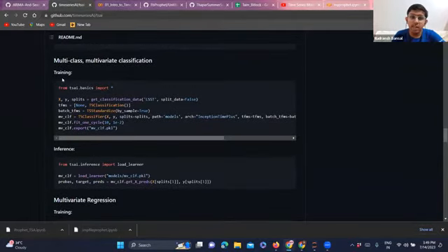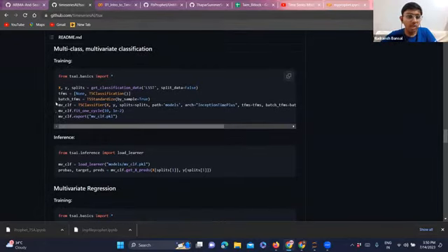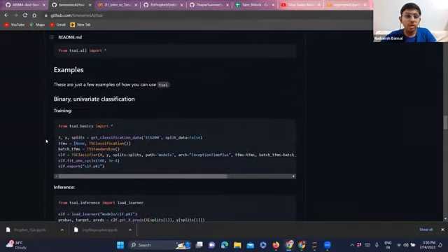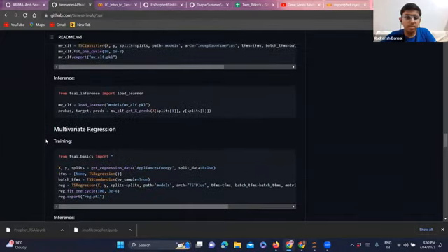Similarly for multi-class, multivariate classification, you can have height, you can have date, you can have gender, you can have age, all these values, multiple variables, multiple columns actually, attributes on which your value depends, and then you can have multiple classes, not restricted to 2 or 3 classes. You can have any number of classes. For that also, this works with an equivalent amount of code, the same amount of code as it was for binary univariate classification.